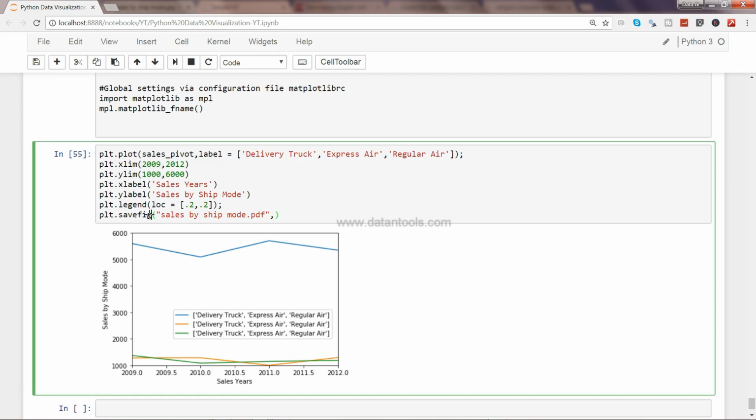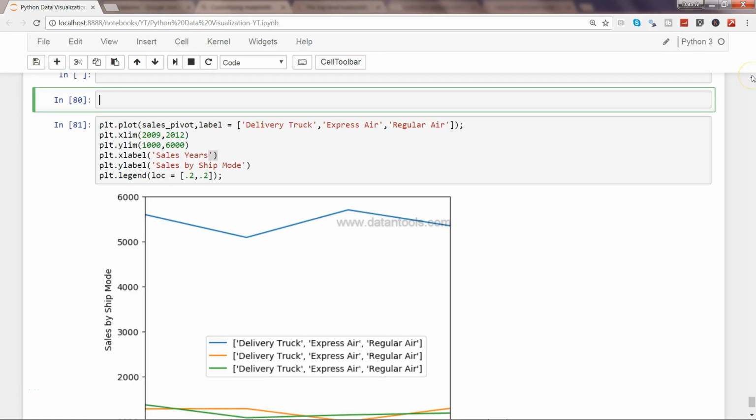Hey guys, this is Abhishek, and in this video I will talk about how you can customize some of the fonts that you are using, or the lines, or the plot basically, to have it more according to your own requirements. So the first thing, or the function that we're going to use is from the